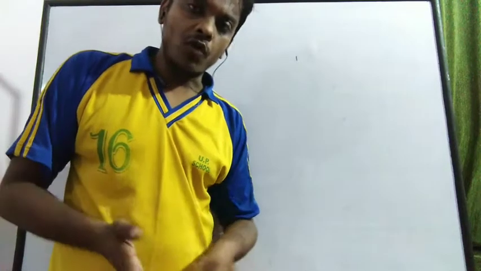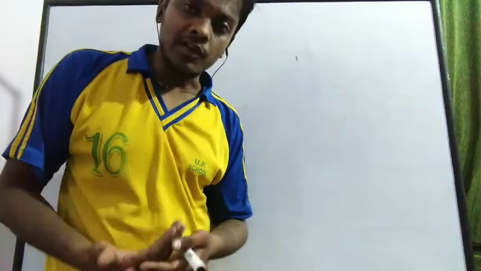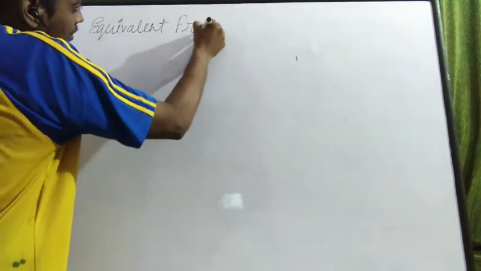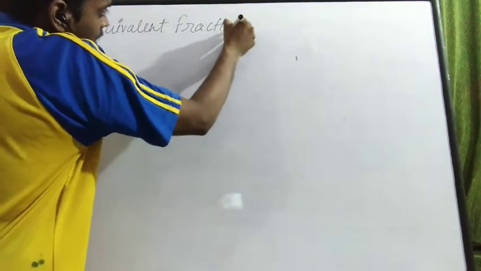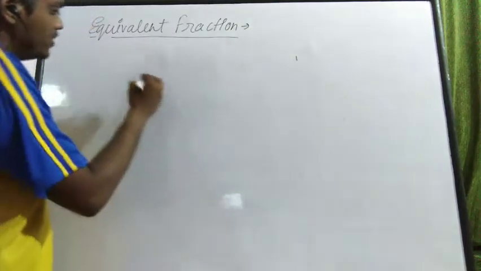फ्रैक्शन का एक और फॉर्म, फ्रैक्शन हैज अनदर फॉर्म, अनदर टाइप of the fraction which is known as equivalent fraction. What is the equivalent fraction? How can we understand this? See,